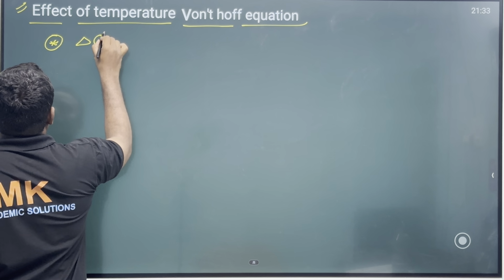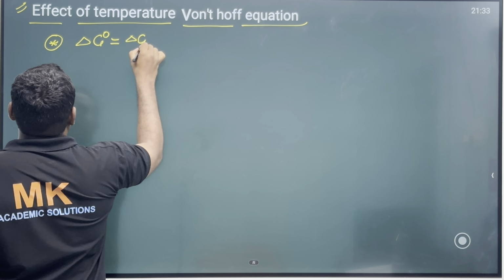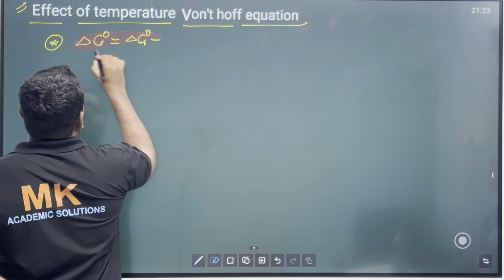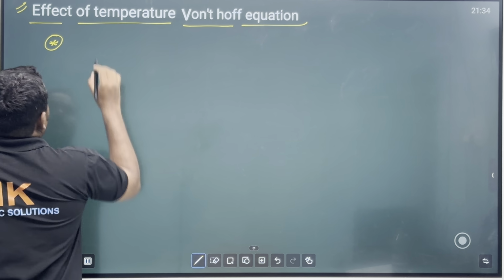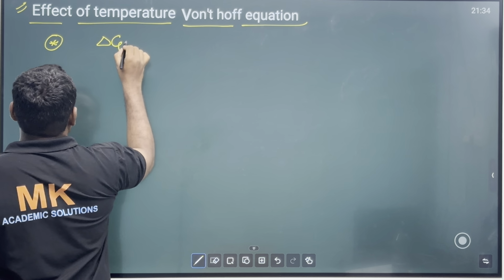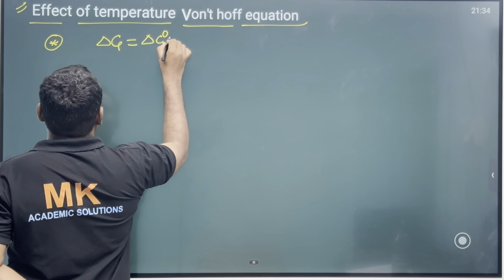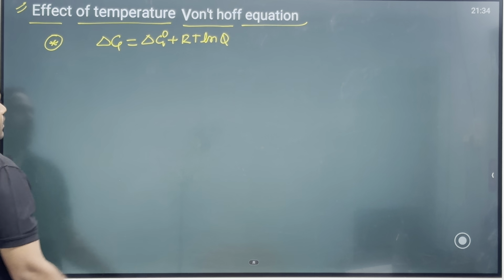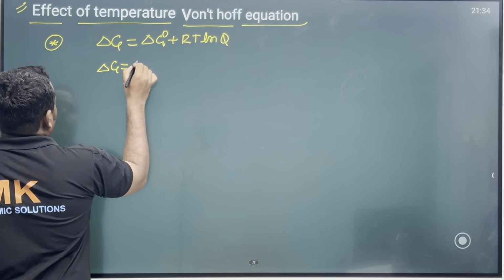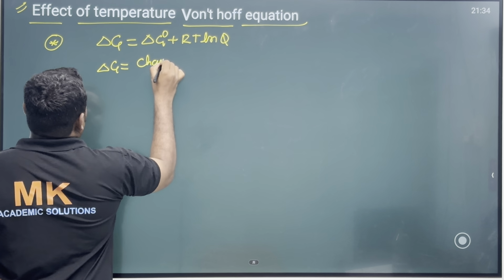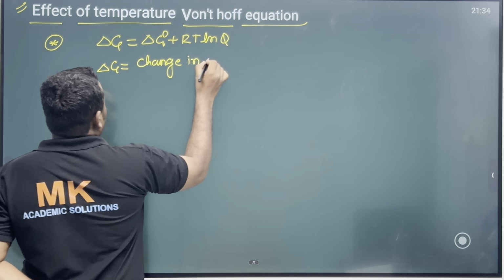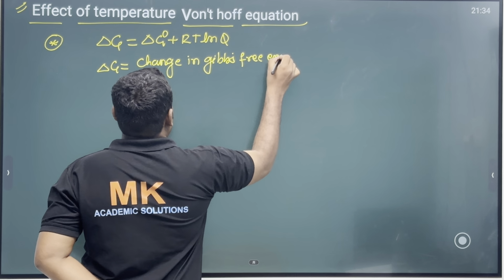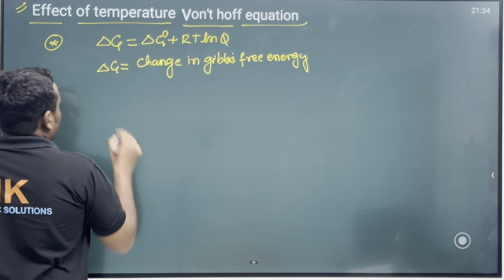delta G naught is equal to delta G, sorry, not delta G naught, delta G is equal to delta G naught plus RT ln Q. So now here in this, delta G is equal to the change in Gibbs free energy. Next, delta G naught